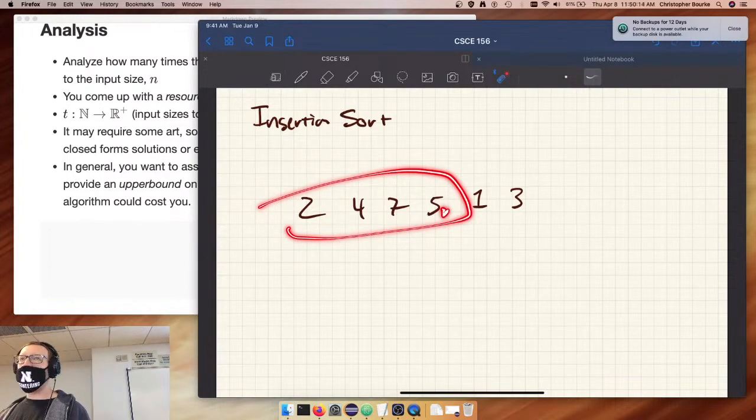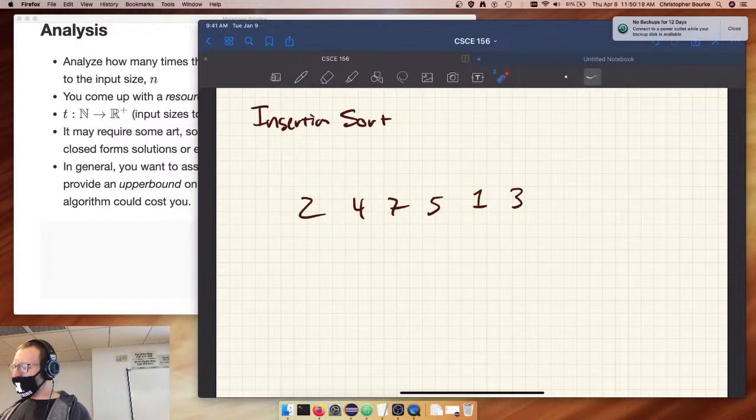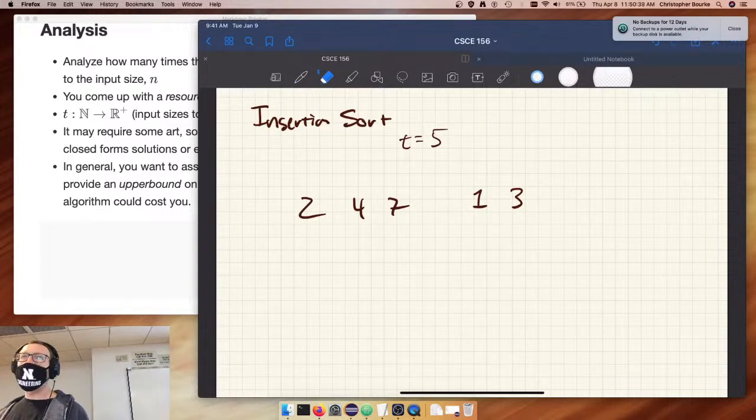No. Where does it need to be? Over here. So what does the operation look like? We start at 5 and compare it to the one immediately to its left. We find out that it's out of order, so what we do is we put 5 into a temporary variable up here, okay? That makes room to shift things up, and then eventually we'll have enough room to insert 5 where it needs to be. Because it's over here in this temporary variable,